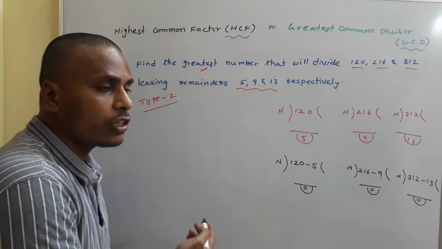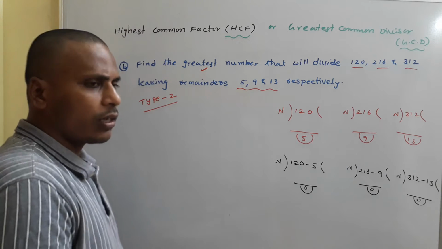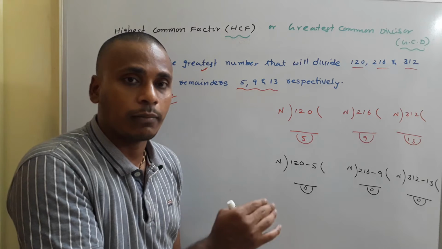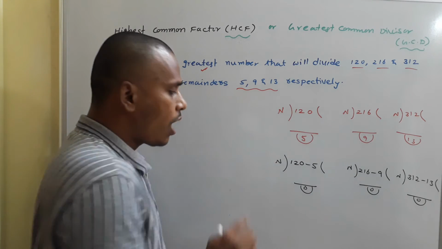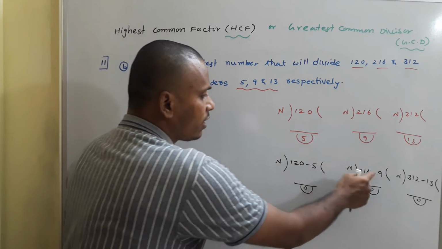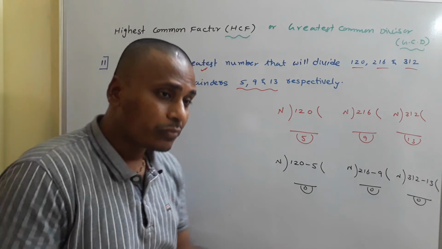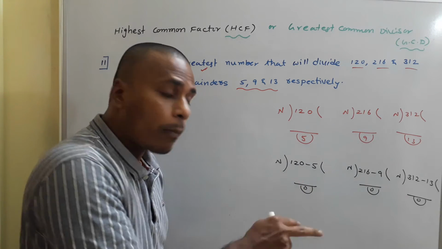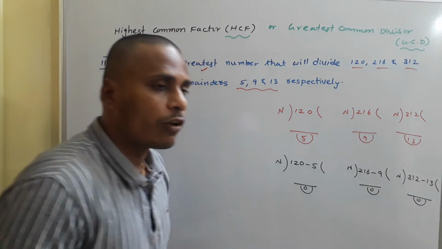We are very familiar with this particular remainder property. If you are left with a remainder of something like 2 or 3, and you subtract that number from the dividend, then the dividend will become an exact multiple of the divisor, right? With the same logic, I am just subtracting these remainders from the dividends. Now in this case, n divides exactly these three numbers: 120 minus 5, 216 minus 9 and 312 minus 13. That in turn represents that n is a factor, and that too a common factor, for 120 minus 5 as well as 216 minus 9 and 312 minus 13.